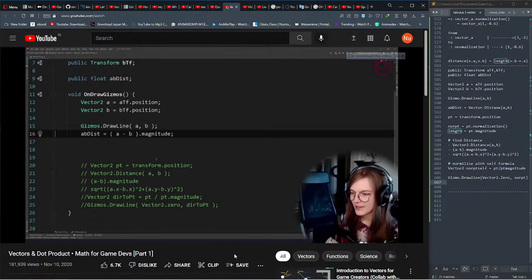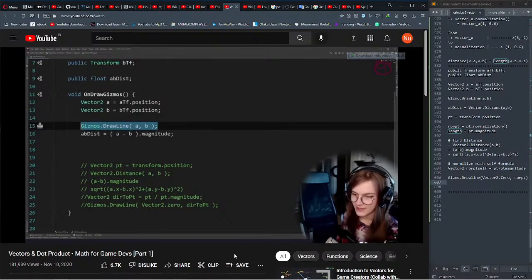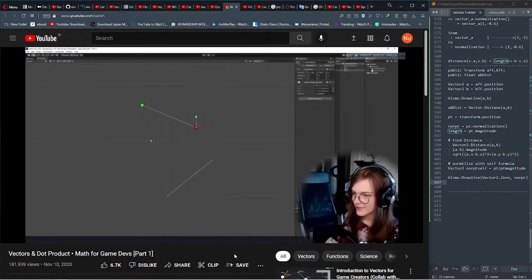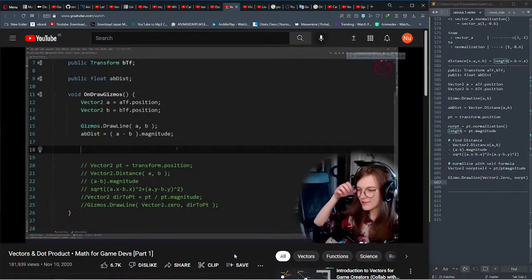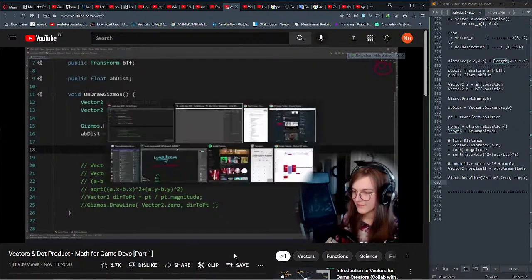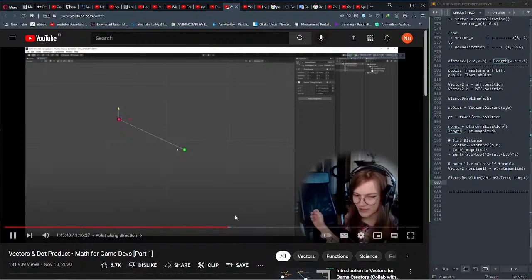Okay, so now we are drawing a line between A and B, right? So I should just keep this line. Now the goal is that we want the direction from A, the green point, to B, the red point. So we want that arrow, right? So how do we get a direction between 2 points? Well, the first thing